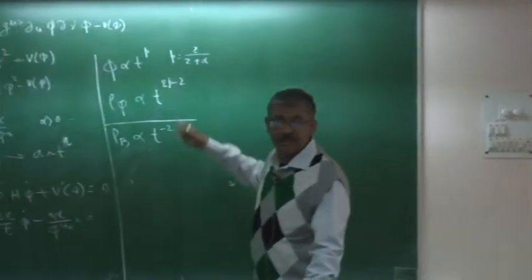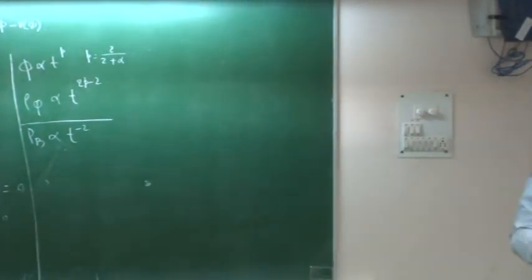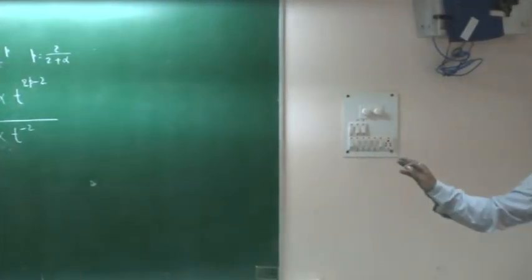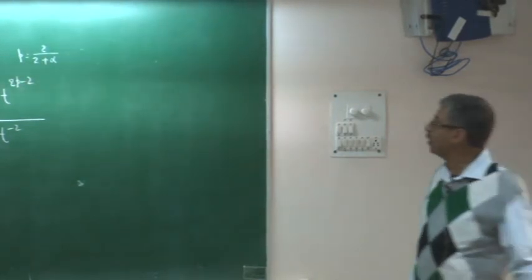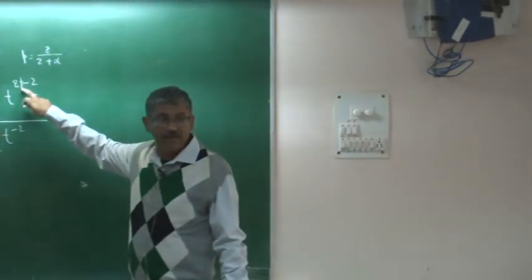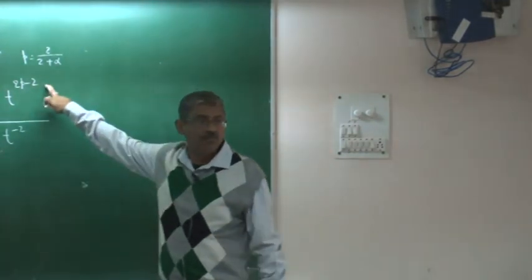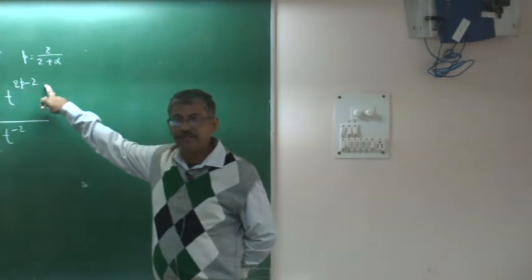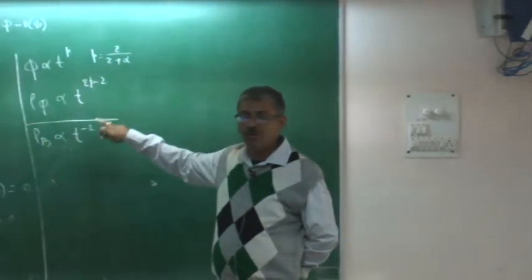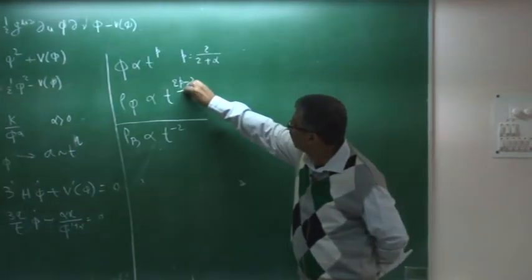Fine. And if your p is positive, so rho phi actually falls slower than t to the power minus 2. If your alpha is positive, your p is positive, so there is a positive term. So rho phi actually falls slower than t to the power minus 2. Are you convinced? The background falls as t to the power minus 2. Rho phi will always fall slower than t to the power minus 2 because there is a positive term over here.